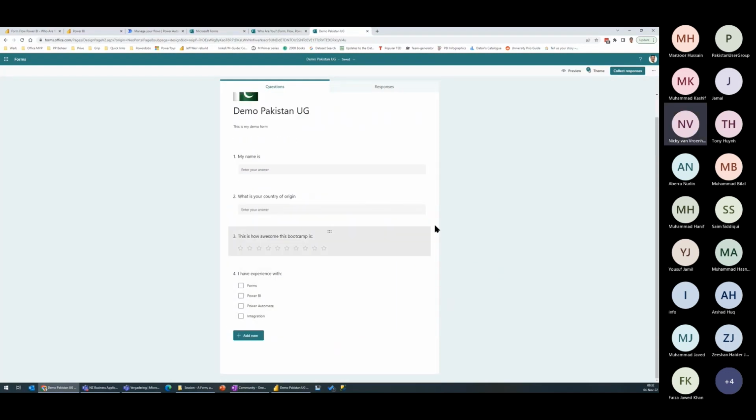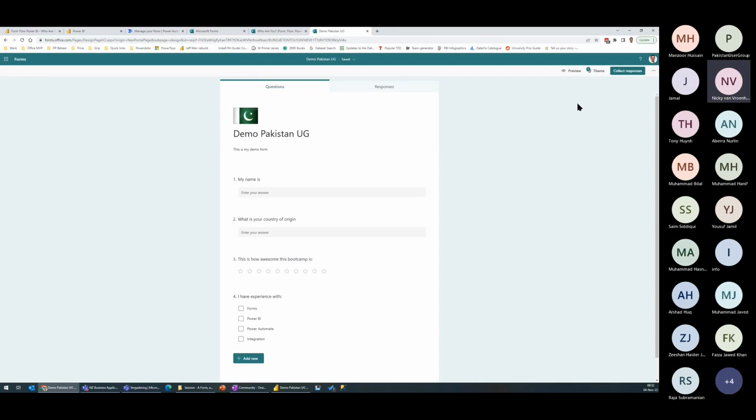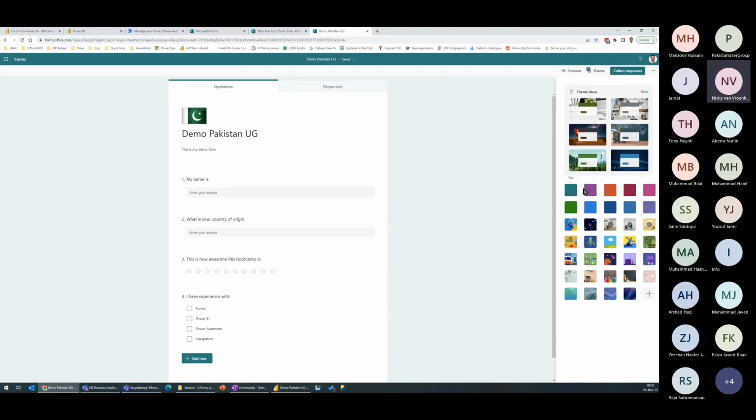And with that, now my demo form is ready. You can even preview it here and fill it in. That's what I'm going to do later to test the solution. And of course, you can do all sorts of things in the form itself, but I'm not going too deep into there right now. And the last one is if you want to share it,